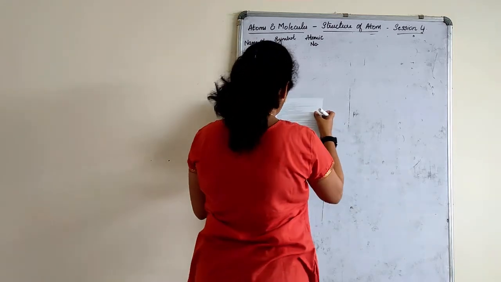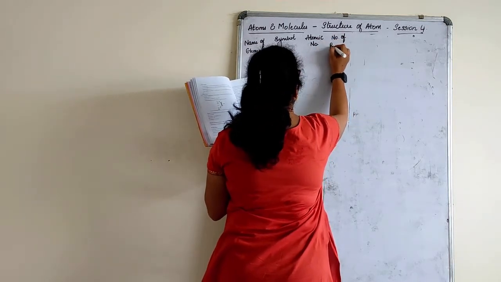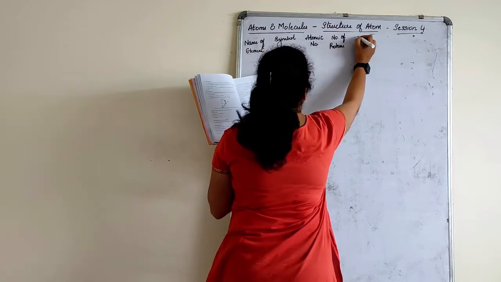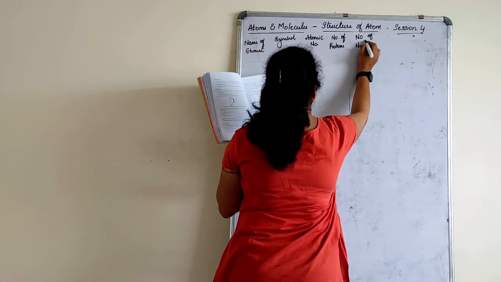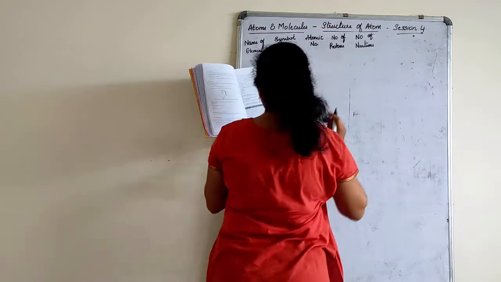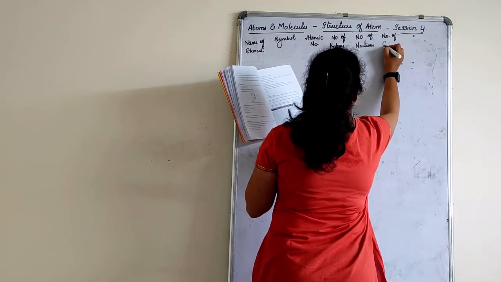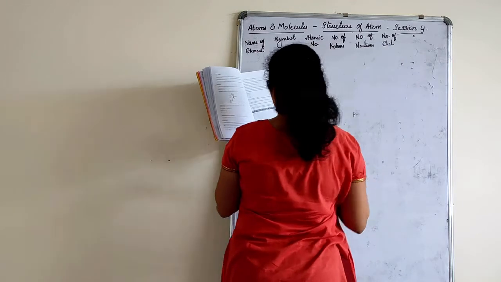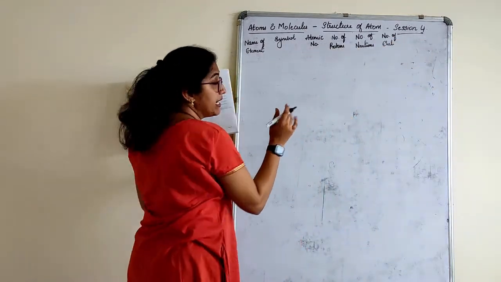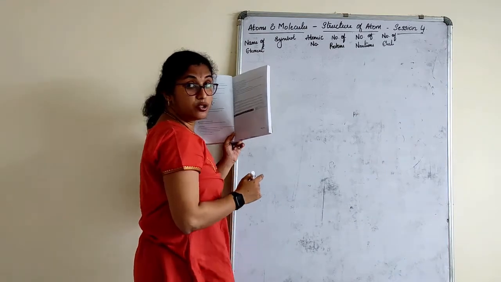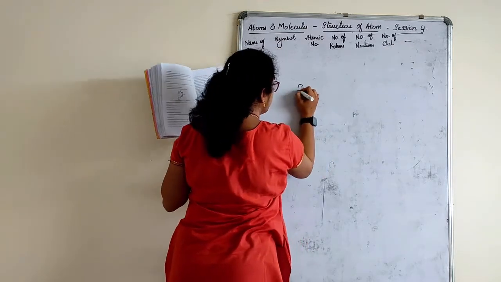Atomic number. After atomic number you have number of protons, number of neutrons. You can do the calculation by yourself if you want. Number of electrons. Of course, number of electrons is equal to number of protons. I have no space here in writing, so I am writing down. Okay. The next part is going to be distribution of electrons.